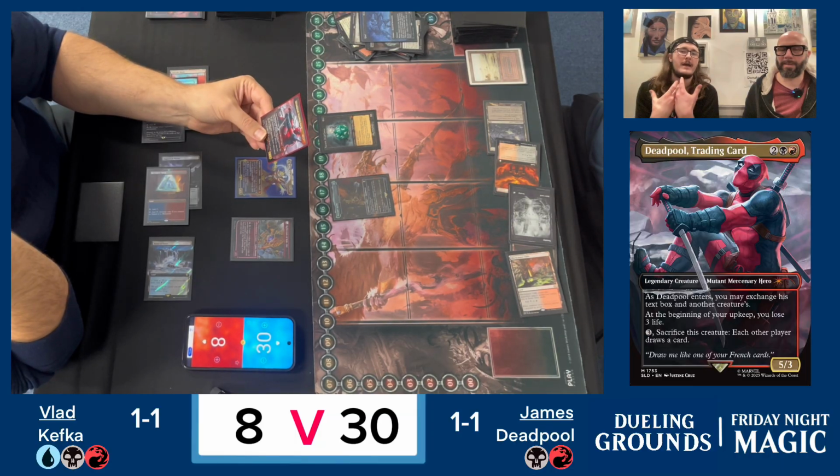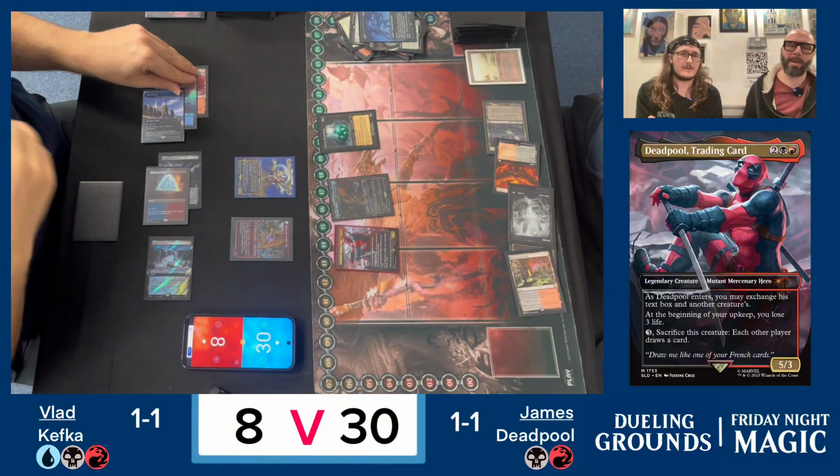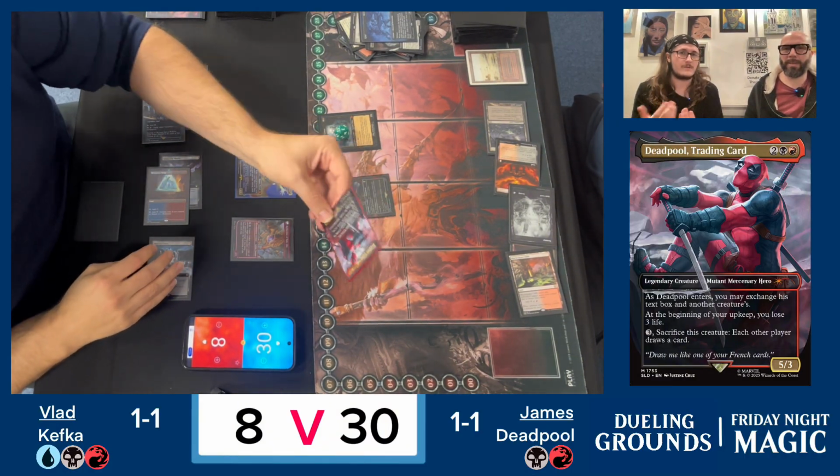I feel like in my head, the way you want him to keep the Kefka is to be bolting himself. Is that what you're thinking? Yeah, he's going to bolt himself. Okay. He's probably going to have to sacrifice it, draw me a card, and I've got 2 creatures to attack